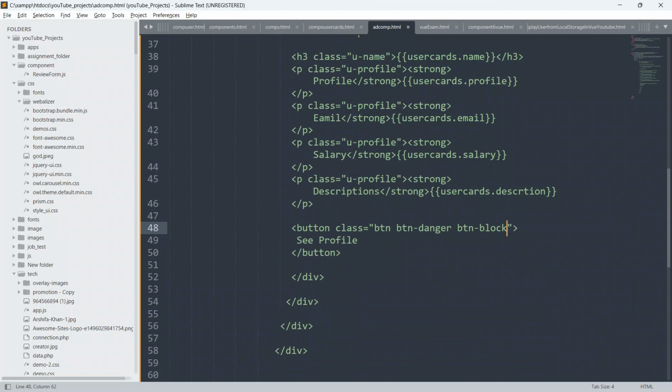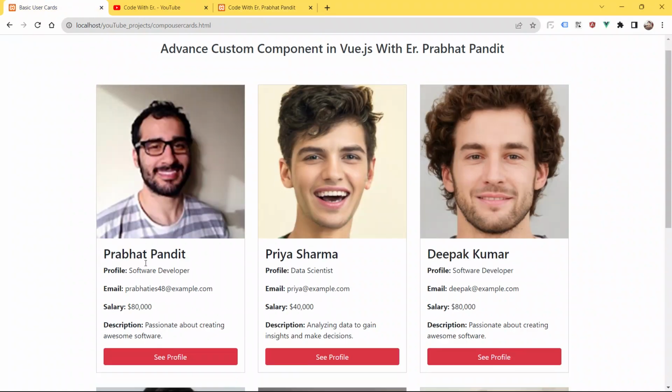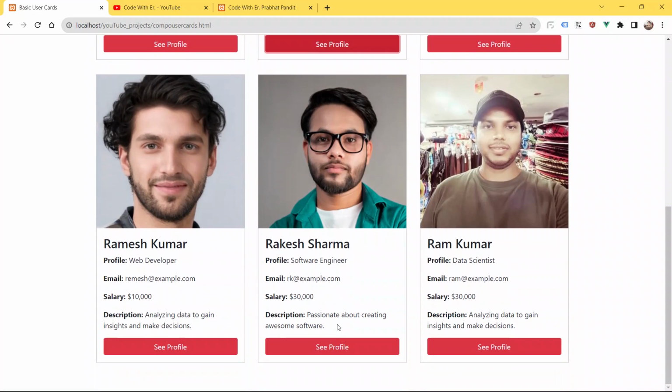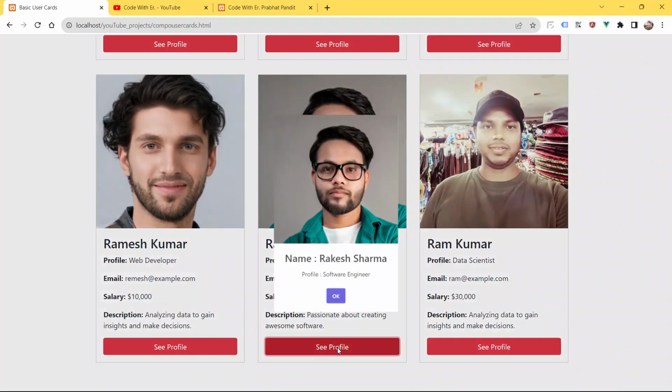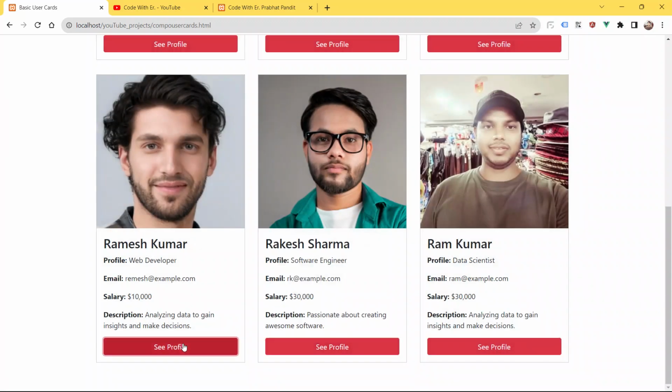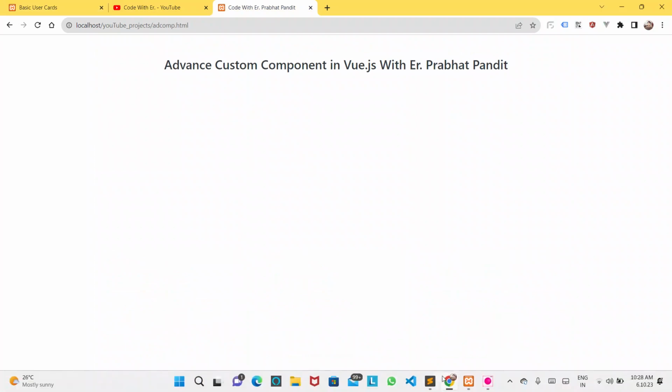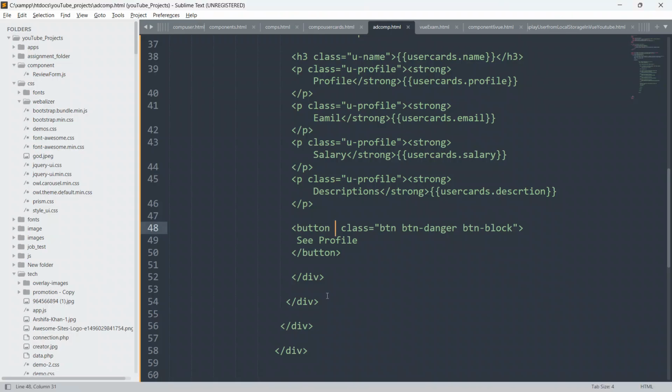So now guys, we have to define our method also. As you can see here, whenever a user clicks on this button C profile, we are able to see all the information about the profile. Let me just click the button C profile. So whenever the user clicks on this button, some event is going to happen, and then we will be able to see all the things about the user. So just go to the code, and we have to define a method on our button element.